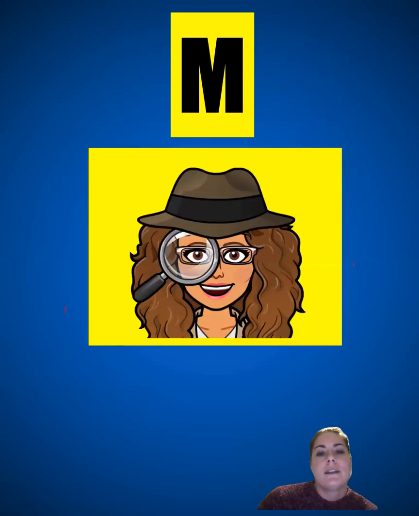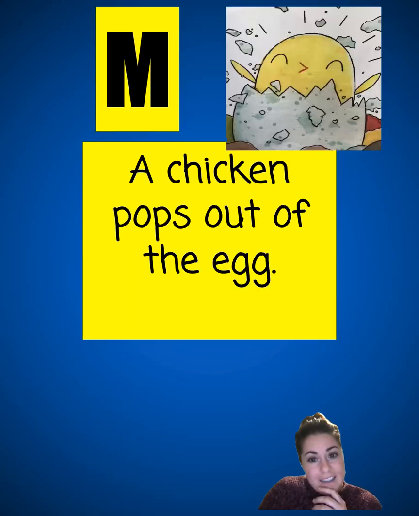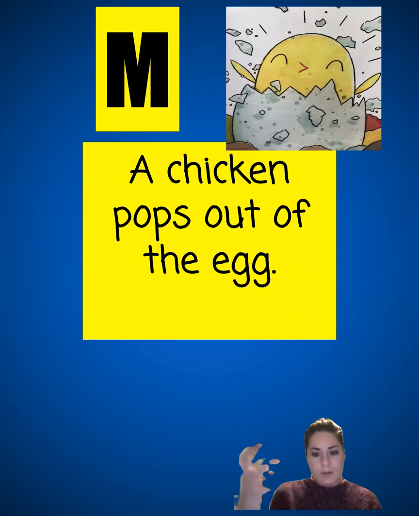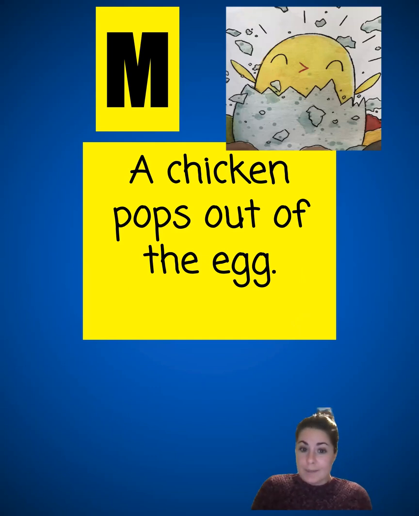Now, the middle, Miss Aubrey, the middle. Okay, so if someone was like, all right, what happened in the middle of that story? What do you remember, right? First, he finds an egg. Then or next, what happened next? So first he finds an egg. Next, what? He was taking care of it and a chicken pops out of the egg. Yeah, right. There were a few other things, he was waiting and everything, but if you were just saying the real middle of that, first he finds an egg. Next, right? A chicken pops out of the egg.